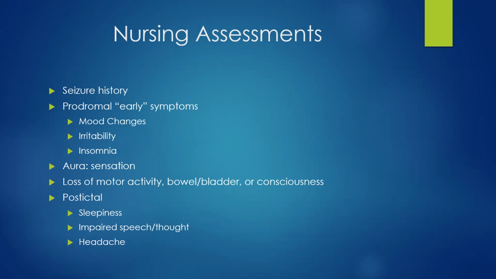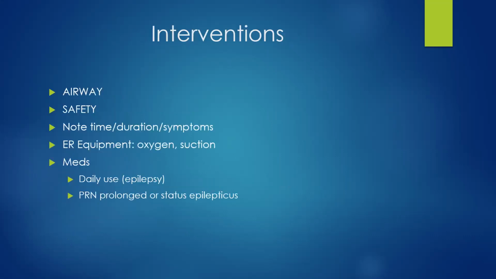And then we have something called a post-ictal phase. In the post-ictal phase, they're very, very sleepy. Sometimes they may be confused, like, what just happened to me? I don't understand what's going on. They have slurred or impaired speech or thought processes, and they often complain of a headache. And again, I have the rule of thumb that you double the length of a seizure duration to determine the post-ictal phase. But again, depending on the involvement of the brain, the post-ictal phase can be for quite some time.